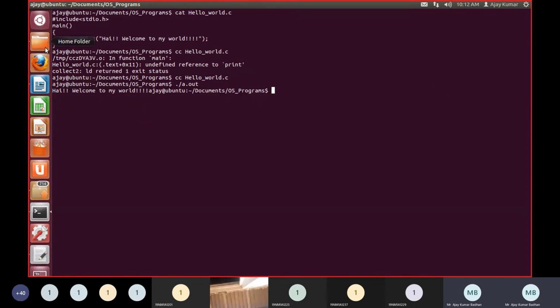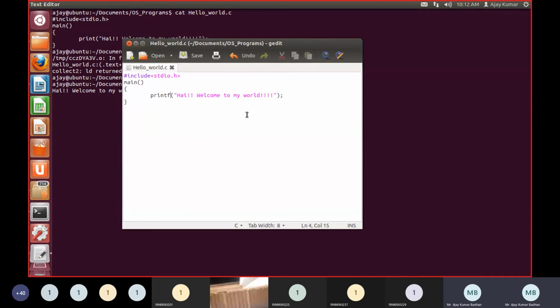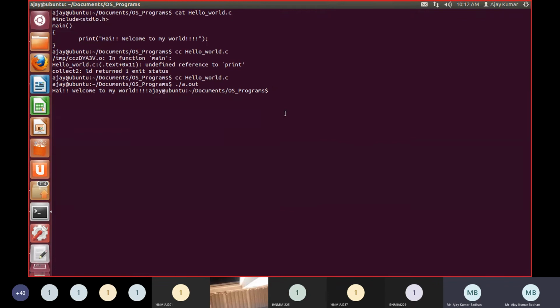So what we need to do is simply go to that text editor and write printf hello world \n, and save it. After saving, if you use ./a.out again, you will get the previous output. Did you see this? You're getting the previous output. Why? Because even though I have changed the file, I did not recompile it.